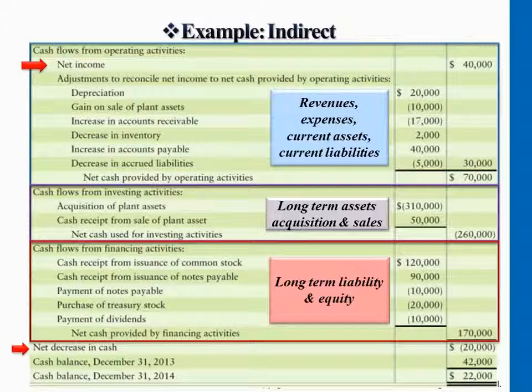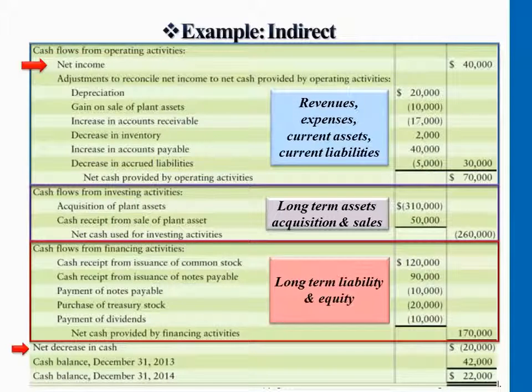The first, $70,000 in operating activities, anything that relates to daily operations, revenue, expenses, we gained cash $70,000. Investing, overall, we lost cash $260,000. And this part here, long-term liability and equity, we gained cash overall by adding all the long-term liability and equity activities. We gained